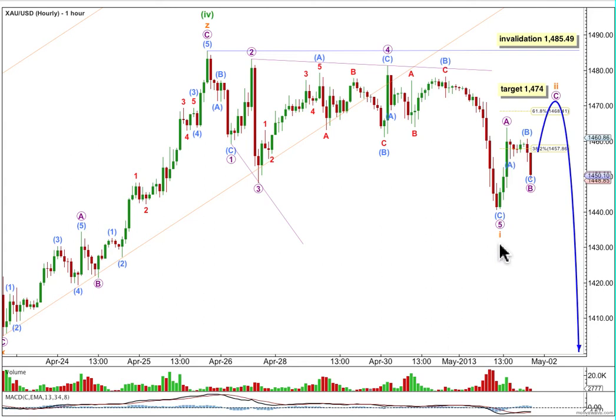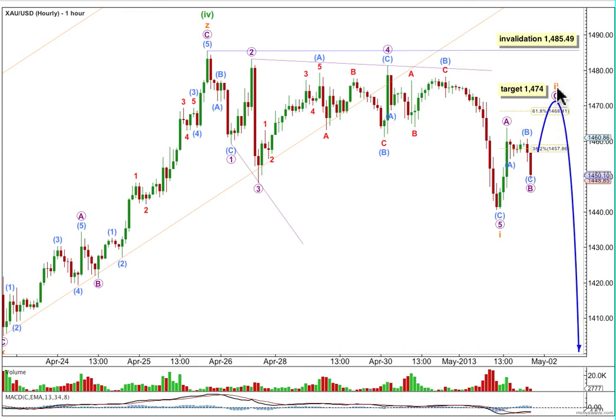So I expect we have a leading diagonal in a first wave position, which is usually followed by a very deep second wave correction. I expect subminuette wave 2 so far is unfolding as a zigzag, with a 5, 3 may or may not be over, and may move a little lower. When it's done, we should see a 5 up. About 1474, microwave C would reach equality in length with microwave A, but if the B wave moves lower, this target will necessarily have to move correspondingly lower. I'd expect subminuette wave 2 to at least reach to the 0.618 Fibonacci ratio of subminuette wave 1 and probably a bit above